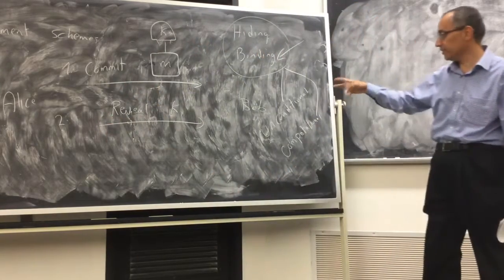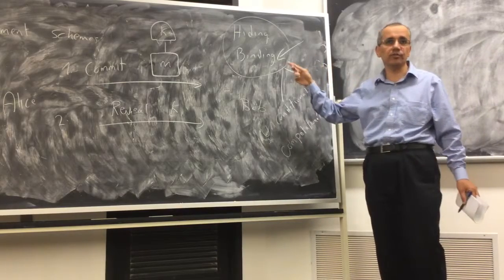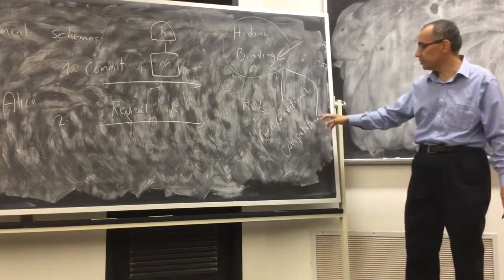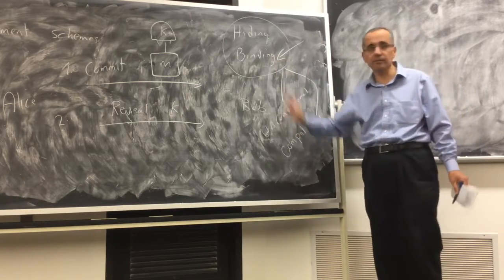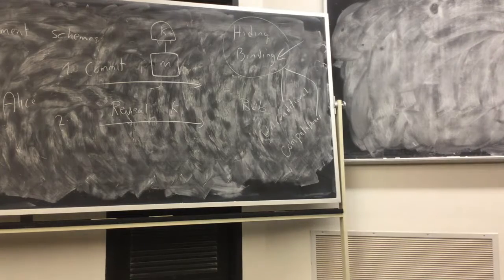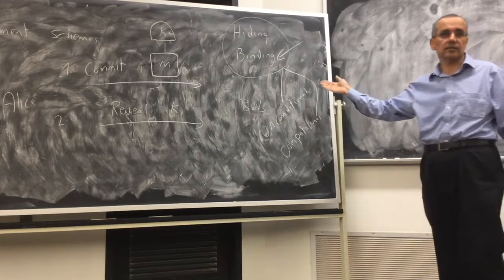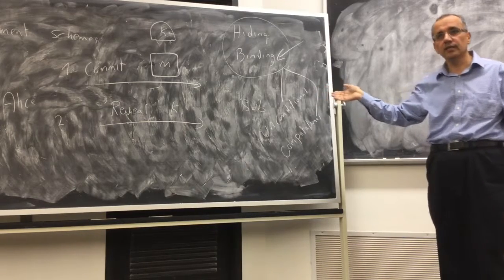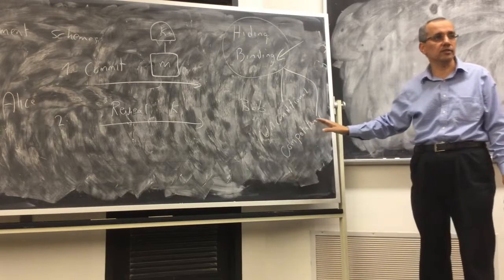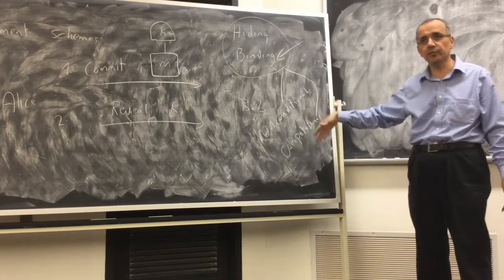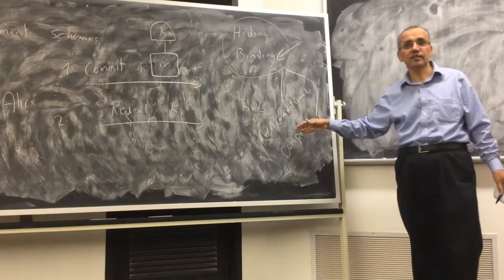And we talked about two different types of these properties. One is hiding in the computational sense or unconditional, and the same thing for the binding. And we showed with a very quick proof that a commitment scheme cannot satisfy both properties in the unconditional sense. The best we can hope for is that it satisfies one property unconditionally and the other property in the computational sense. Of course, you can design a commitment scheme that is very poor and doesn't satisfy any, but